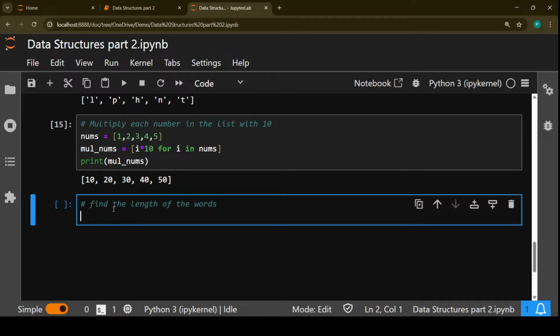So this is your next question. We have to find the length of the words present in our words list. And the words are inside our list: hi,